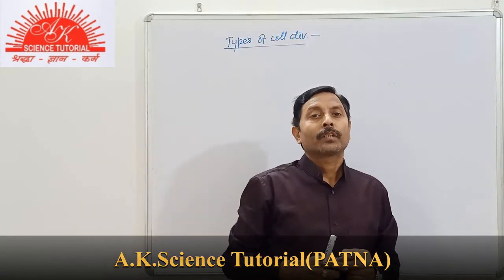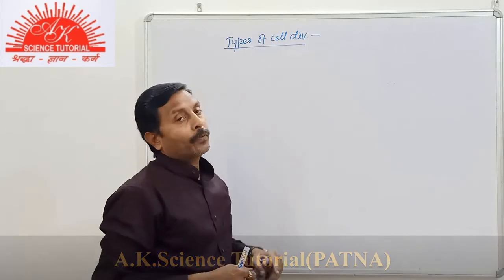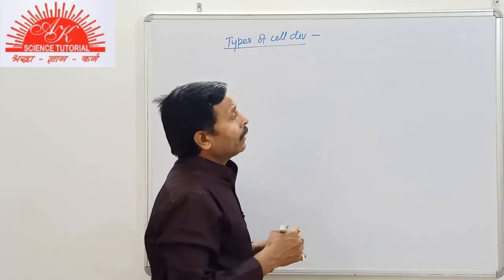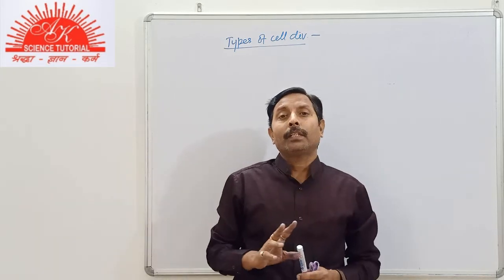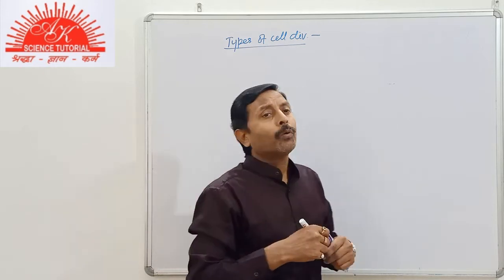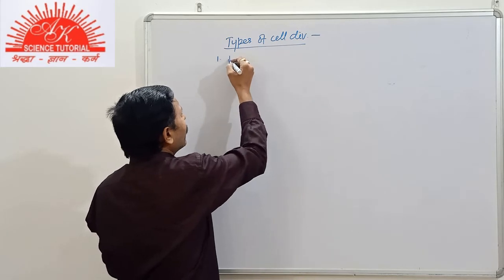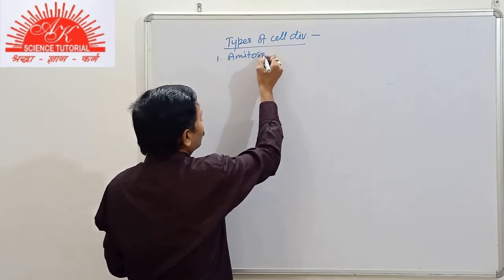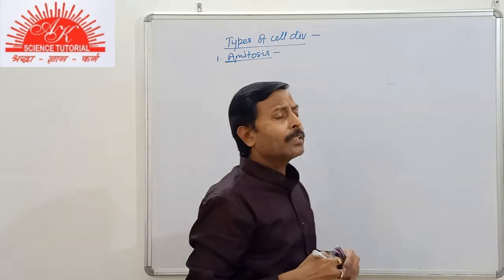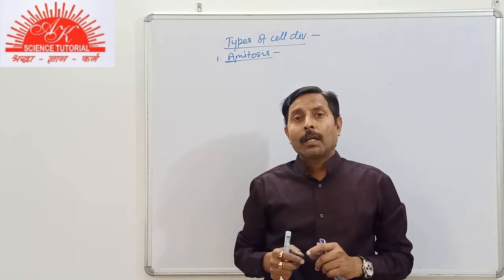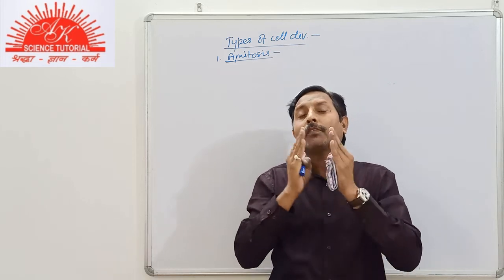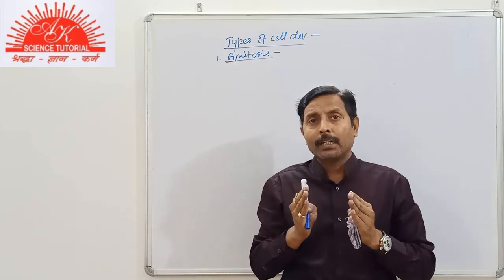Now students, we will now study the types of cell division. We will study separately these types. There are mainly two types of cell division mentioned in our syllabus or in different parts, but we can have one more type, that is called amitosis. Amitosis, A means no, that is false, false mitosis. Mitosis, mitose means thread. Mitosis, the division of cell in which chromosomes divide.